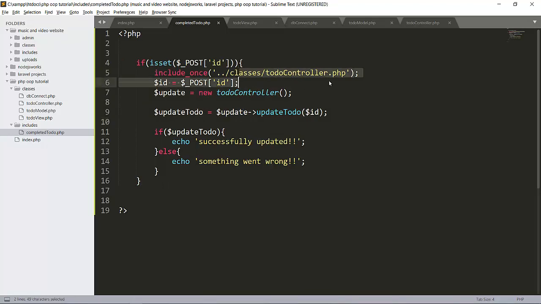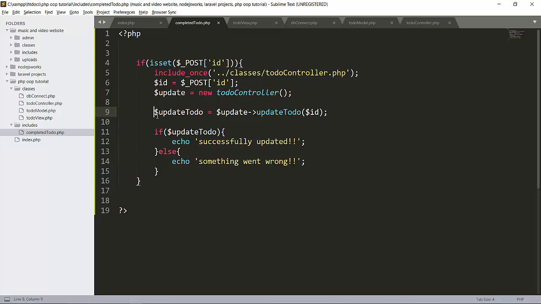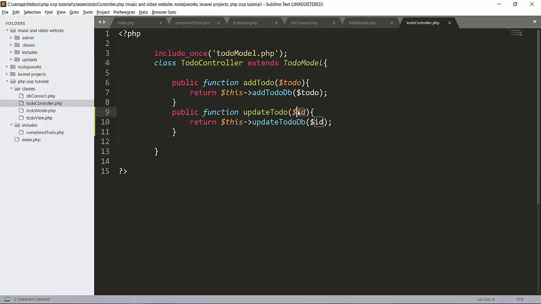First it will include our classes to do controller here, id will be our post id, then it will create a new object of the controller. Then we call our update to do function and we passed this id here. This id will pass to the to do controller here, and this id will pass to our to do model function here, that is update to do db.